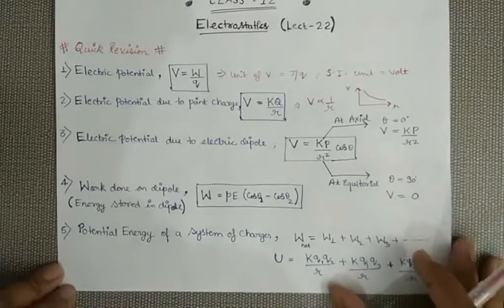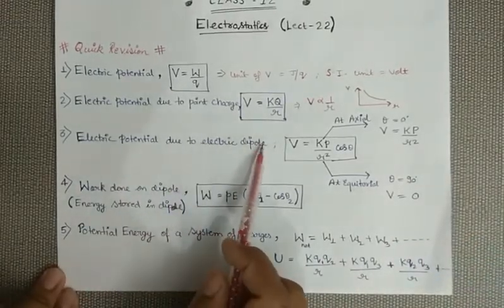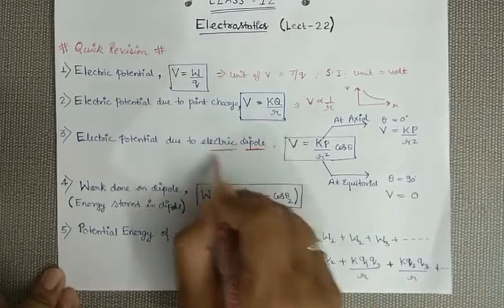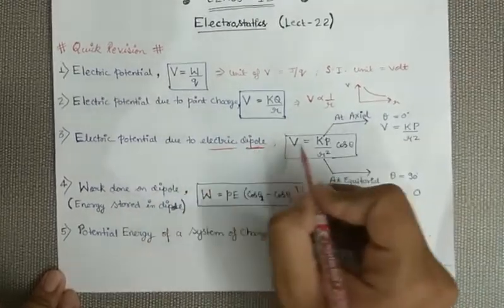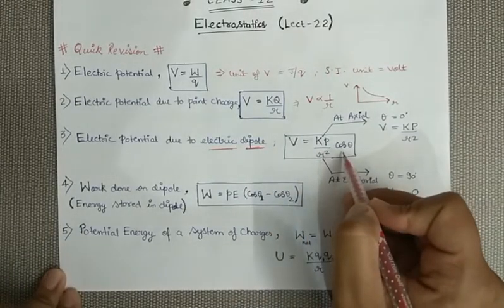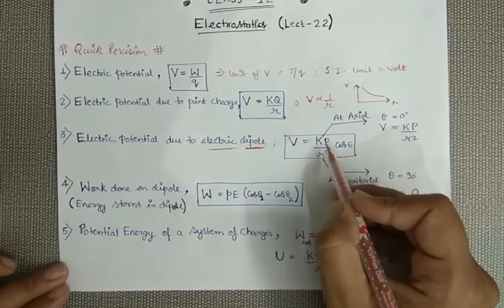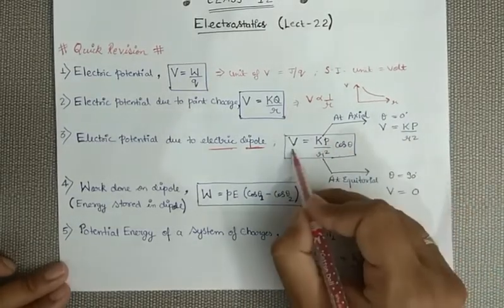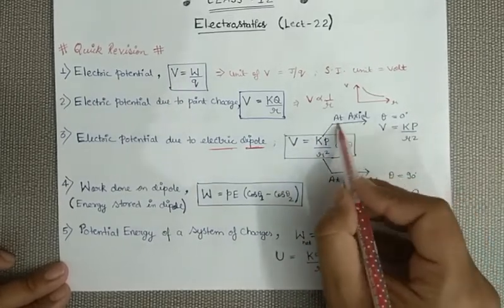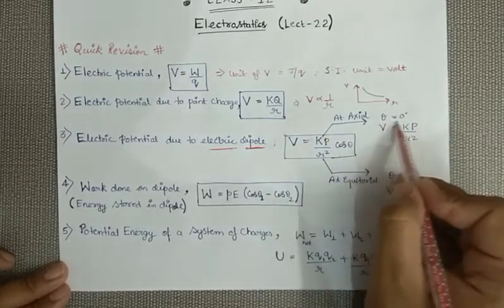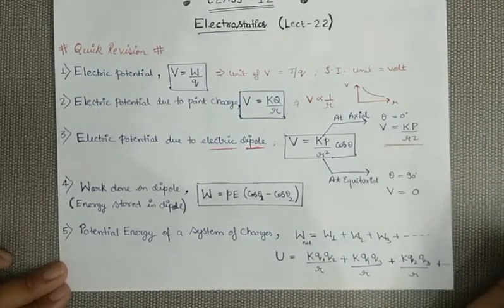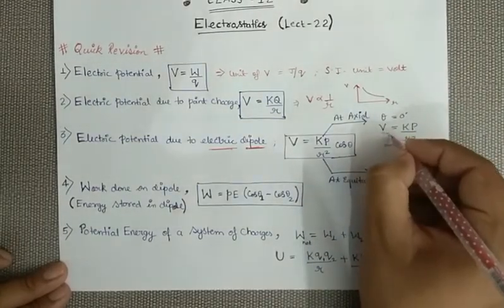Thereafter, we find the electric potential due to a dipole. Just remember the word dipole. Dipole means two equal and opposite charges. So because of this dipole, at any point we find the potential as K p upon R square cos theta. This p is the dipole moment. So this formula stands for the potential at any point. Now, if I talk specifically about the axial point, your theta becomes 0. So when theta equals 0, cos 0 is 1. So the formula is K p by R square. So this is at the axial point.